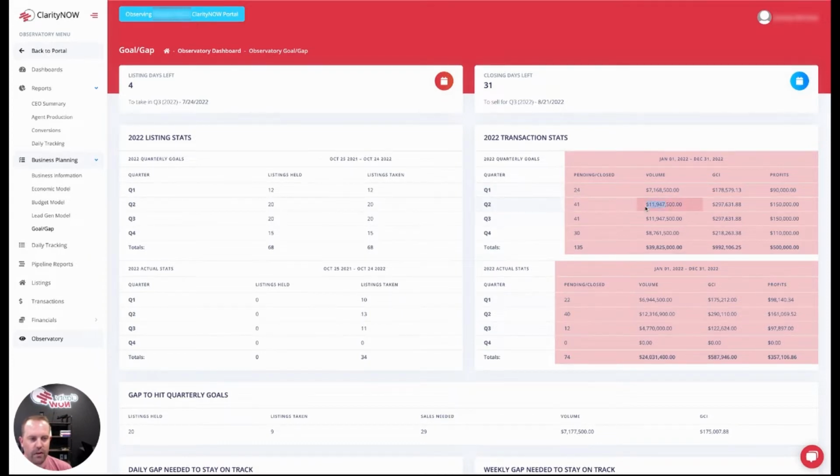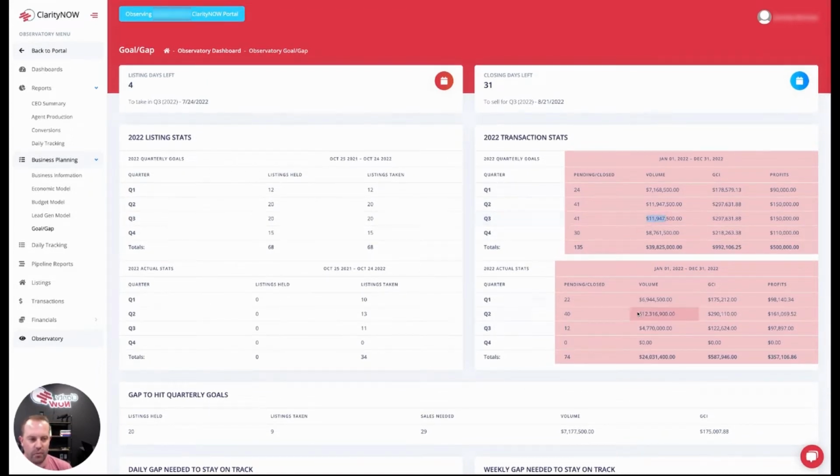Q2 goal 41 for 12 million. They did 40 for 12.3. So they made up the volume goal, 1 unit behind. This is telling me their average sales price is probably higher than anticipated, because they're getting really close to hitting the volume goal each month, and they're actually falling short on the unit. So they're probably high on the average sales price, unless in Q3 they're falling back.